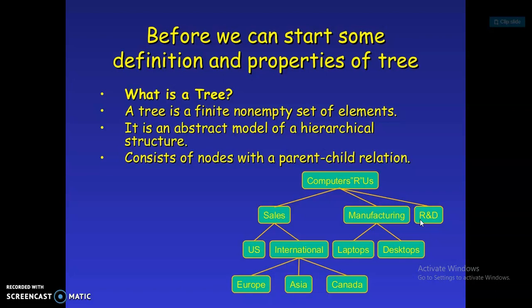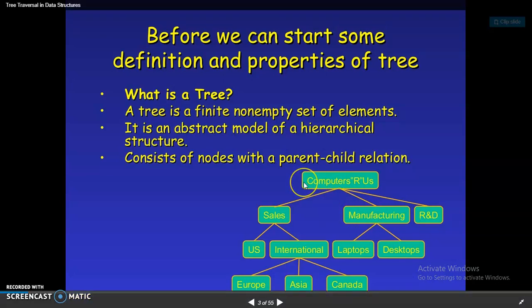Whenever you are creating a folder, we go to a particular drive like C drive or D drive, then we create our required folder or directory. Whenever you want to create another subdirectory, we go to that directory and create another directory, and within that we create a file. That can also be represented like a tree: C drive, within that your directory, within that a subdirectory, and within that a number of files. There are a number of real-time examples which can be represented as trees.